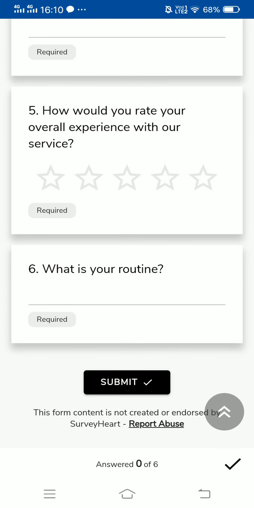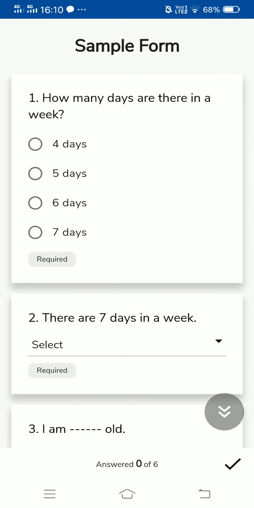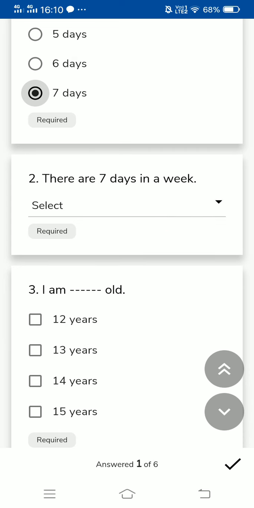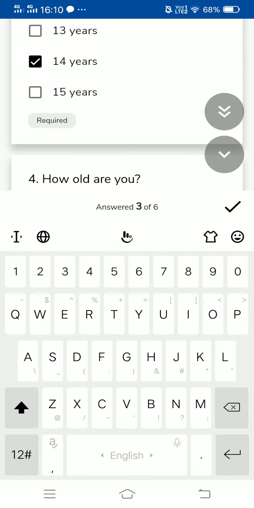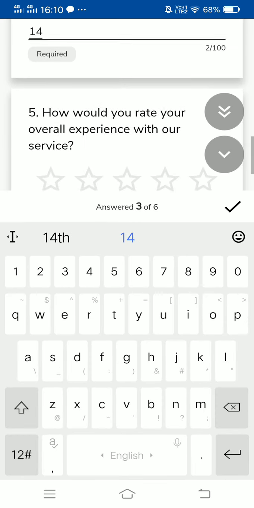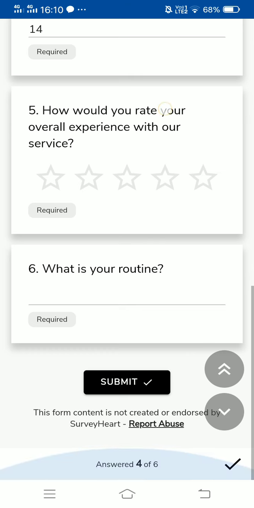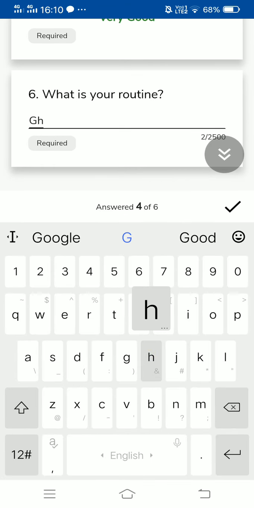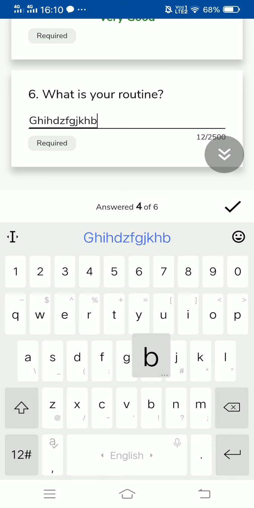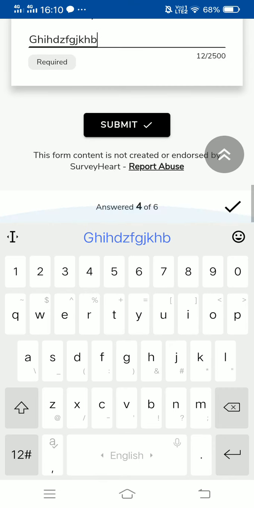And once they have done, they will be able to submit it. So I'm just writing it. Answers, there are 7 days in a week. True. 14 years. 14. And then it's difficult for me to write a long answer in the stipulated time, so I just typed something.